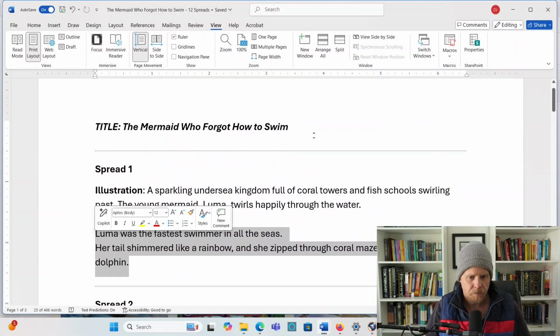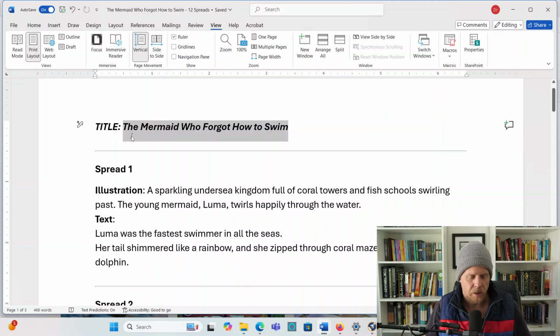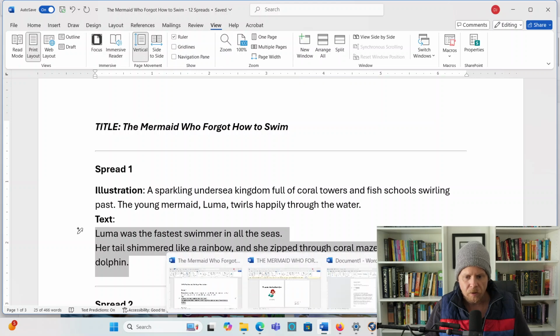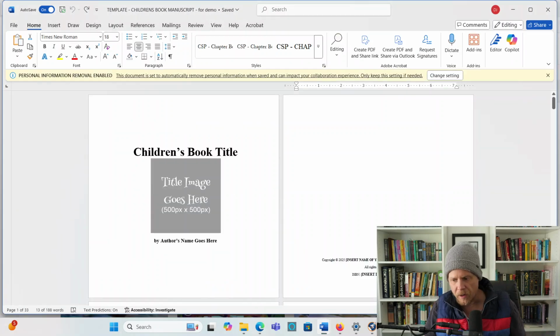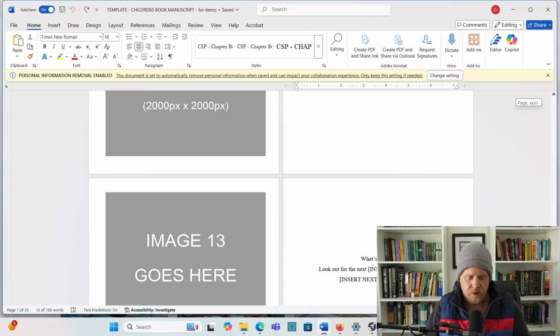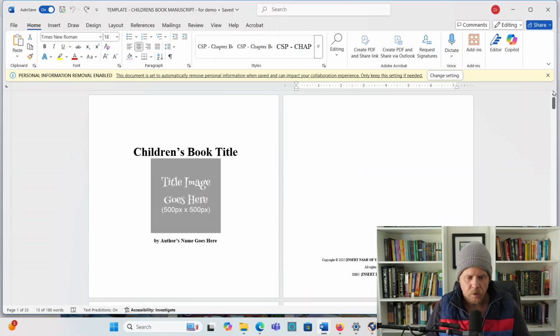So you're going to copy the title, right? And then you're going to go over to, actually I'm going to copy the first spread's text. Then you're going to download this template that I'm going to provide a link to, and I'm going to show you how to access this at the end of the video. And this is the exact template right here, okay? And it's so simple to use, guys. I've made it completely,